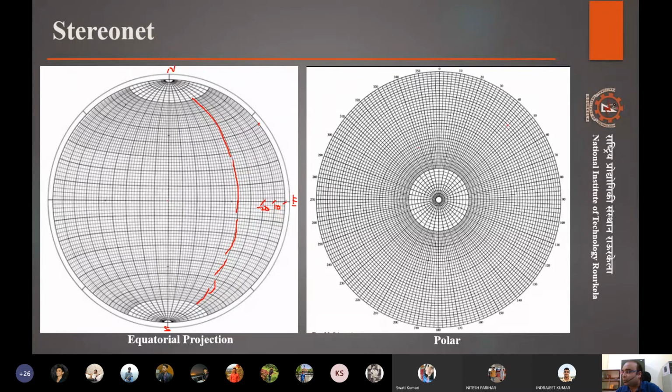In the polar coordinate system, again, as I was explaining last time, it's easy to plot anything, like the trend and the plunge can be easily seen and plotted. So these kinds of graphs are also important when we try to plot multiple poles or multiple lines together to understand what their interactions are and so on. We'll be seeing how these are plotted also, if possible today.